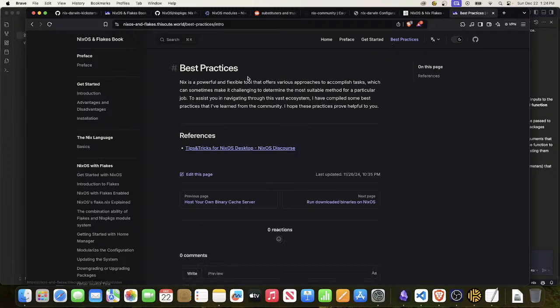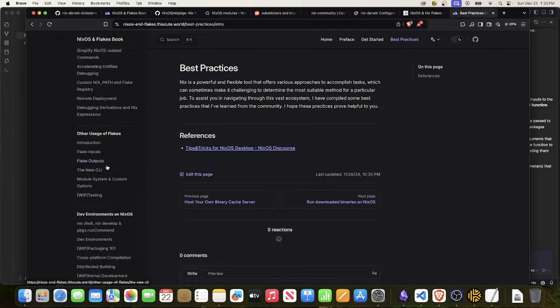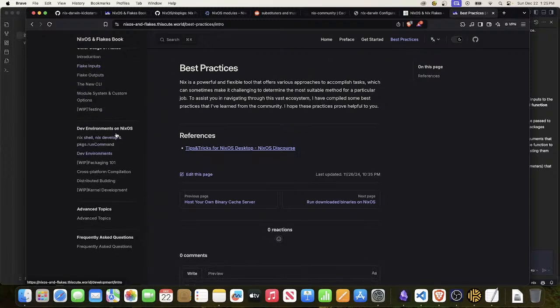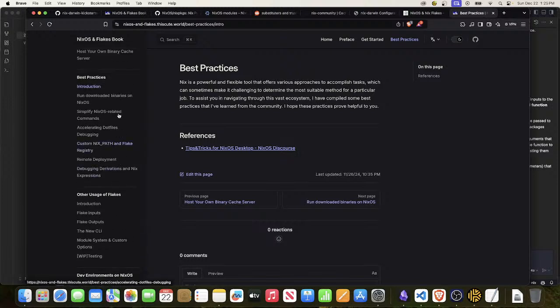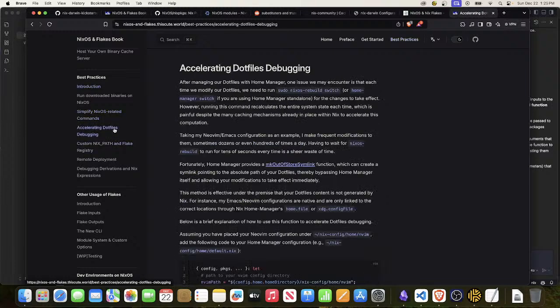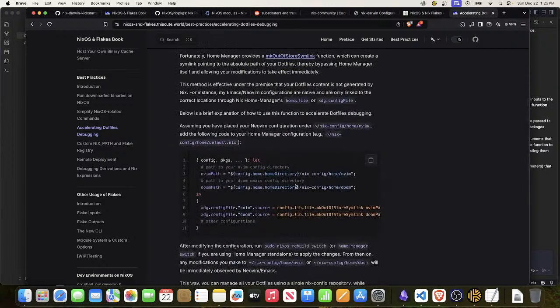But in this best practices section, I noticed: run downloaded binaries on NixOS, simplify NixOS, accelerating dotfile debugging. There was a make-out-of-store-symlink function, which seems like the right way to